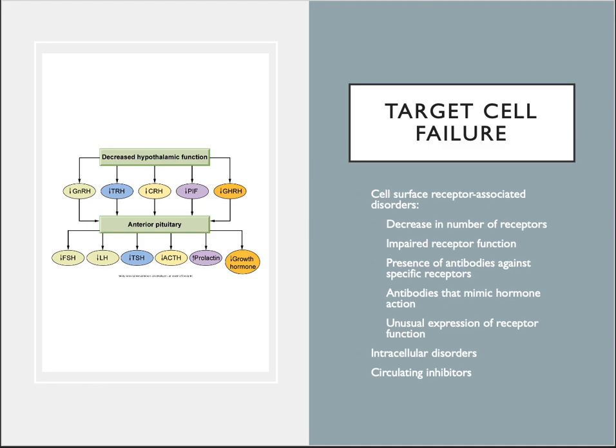Now, one of the things about the endocrine system is that often the disorders associated with it are discovered when a patient comes in for another reason. Let's say the patient comes in with a very high heart rate or a very low heart rate. We're going to be looking at their thyroid gland because that's responsible for metabolism and it affects your heart rate a lot. So a lot of these endocrine disorders don't get diagnosed right when they come around.